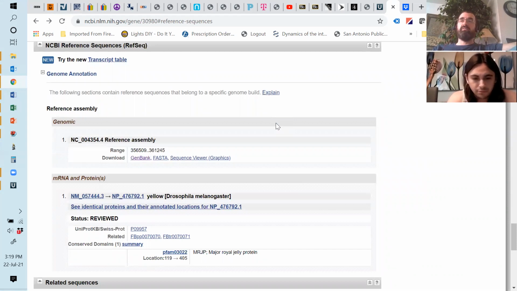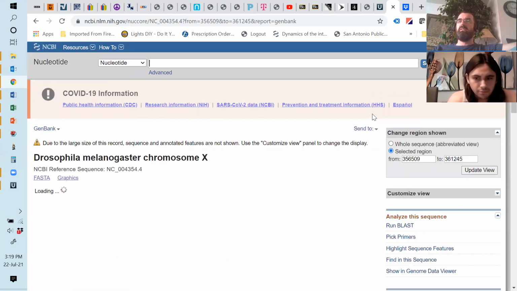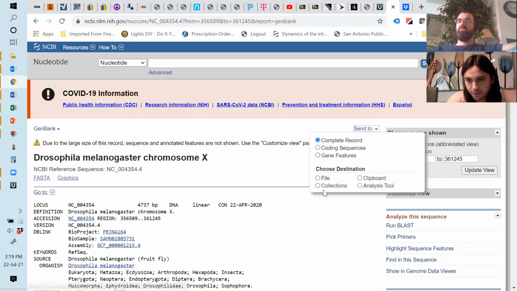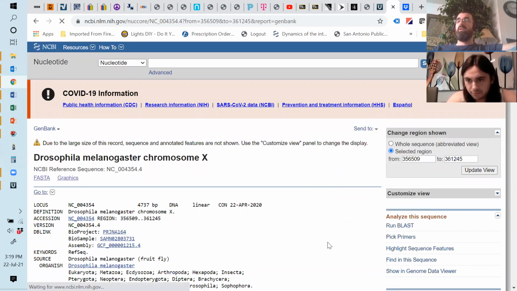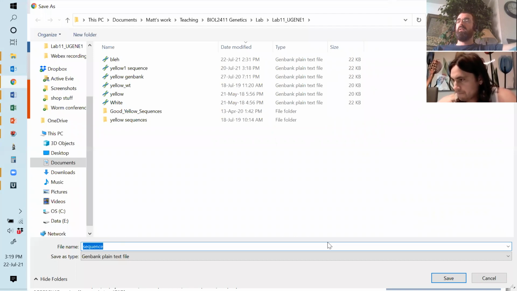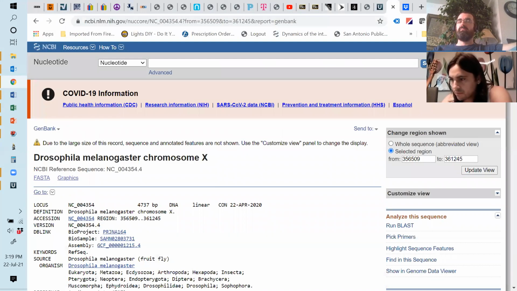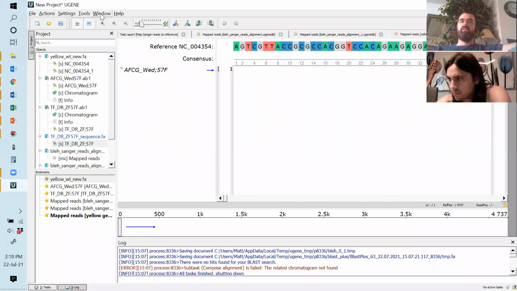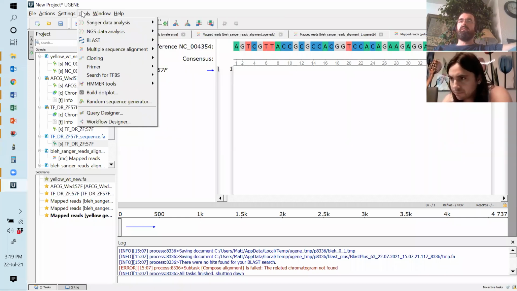It may be that it doesn't like FASTA files for sequence alignments. Yeah, go to GenBank, go up to send to, file, and then create file, and then save that to your computer. You can give it whatever name you want, just call it sequence, it's fine. Save that and use that, okay? Now if we go back and try another one. No, you don't want to open it, just leave it on your hard drive. But as soon as it's there in that folder that you've got all the other stuff saved to, go back to Eugene,